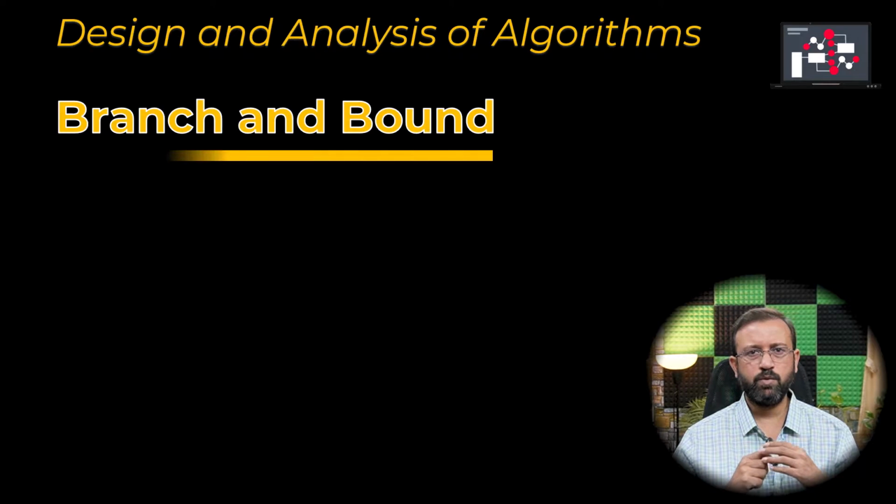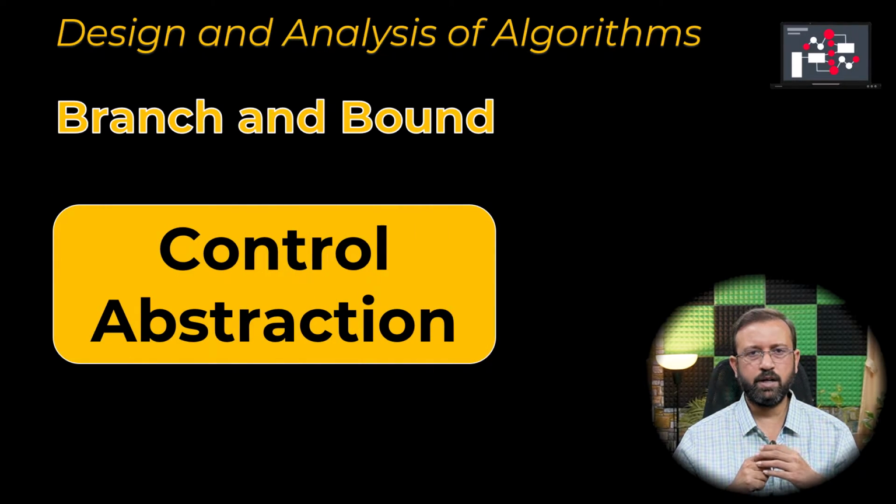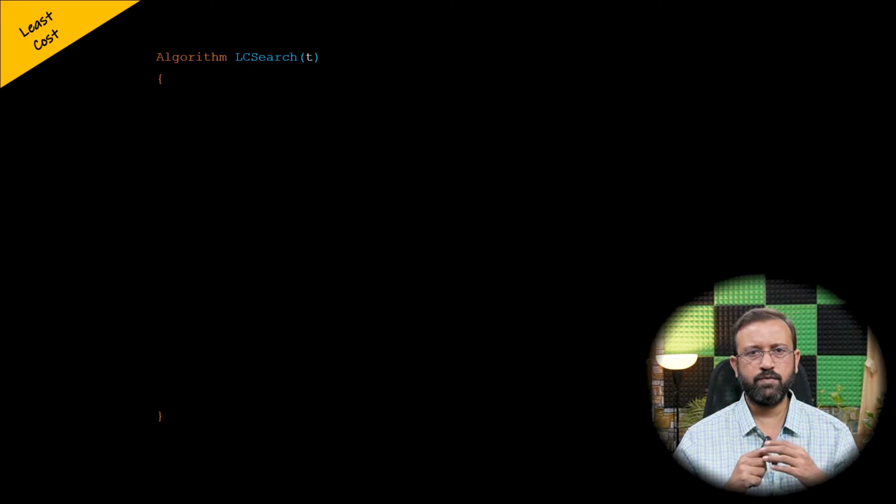In this video, we will look at an abstract algorithm to implement the least cost search for branch and bound technique. This algorithm is known as control abstraction for LC search. This algorithm takes a parameter known as t, which is the state space tree. This algorithm searches for an answer node in the state space tree t, and within this algorithm, we will first